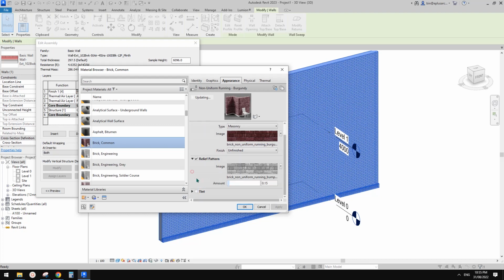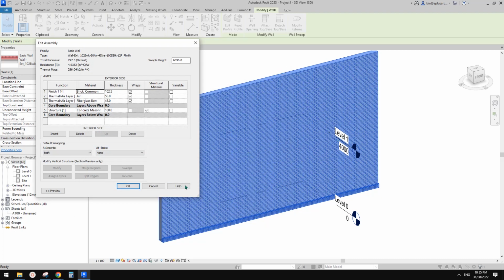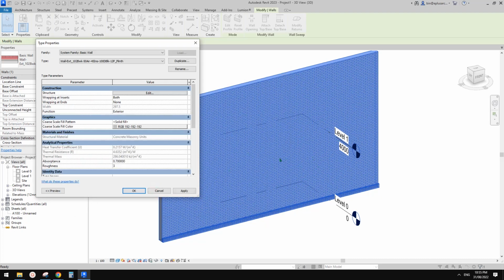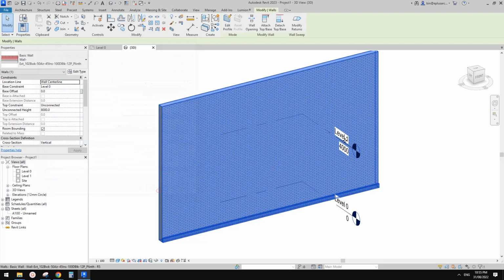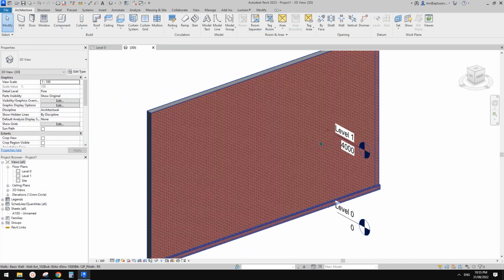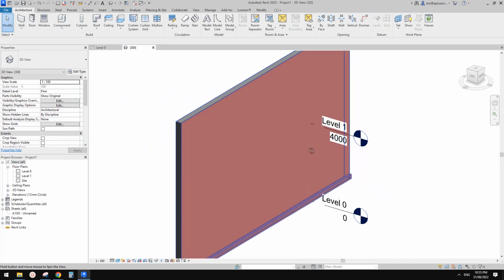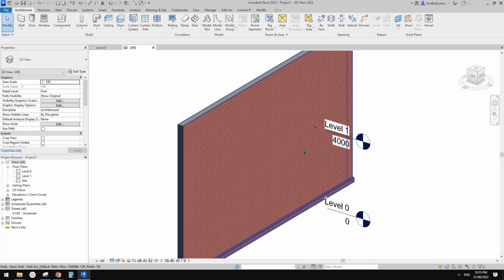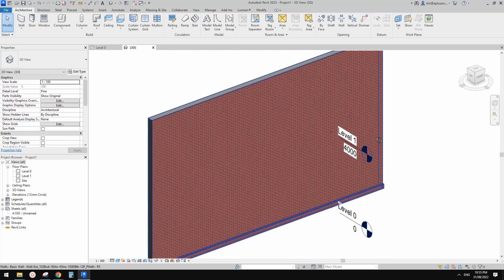That's reveal pattern, I believe, using this image to control the depth, to create those bumps, the gap, the mortar, the filler. Yeah, basically that's the